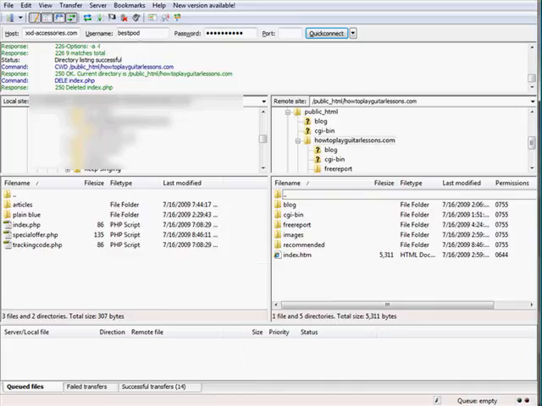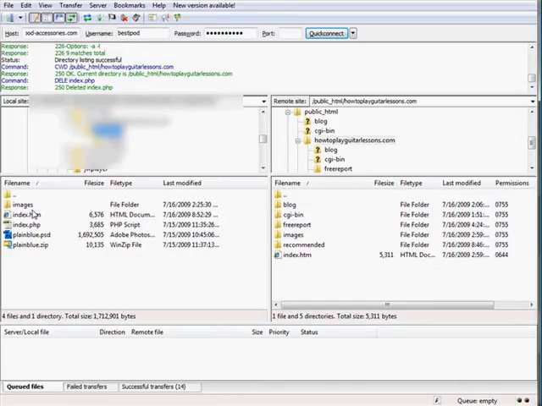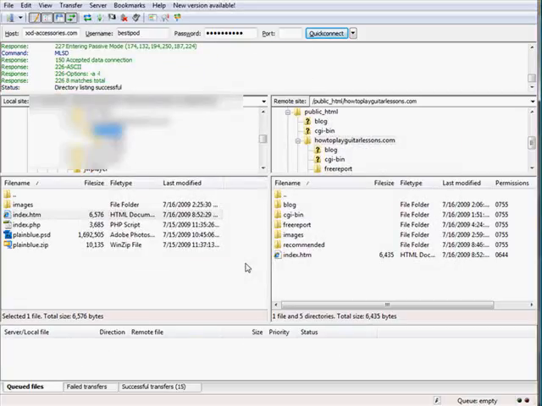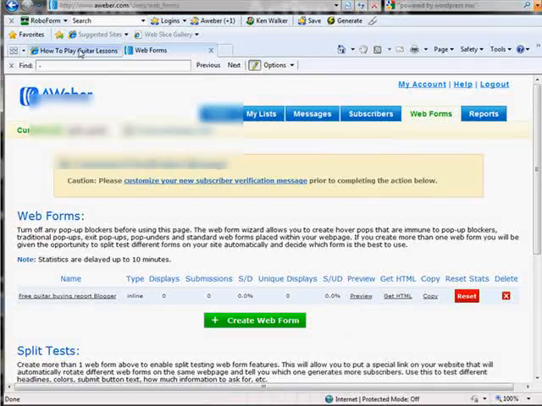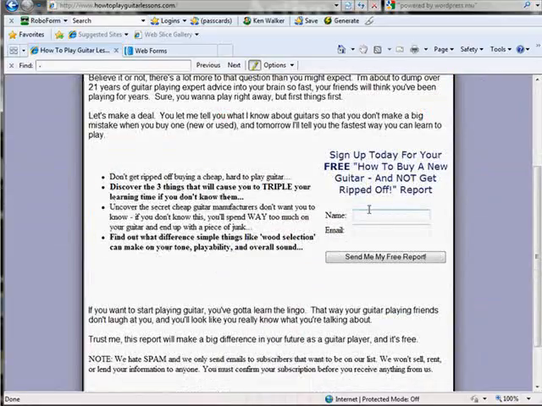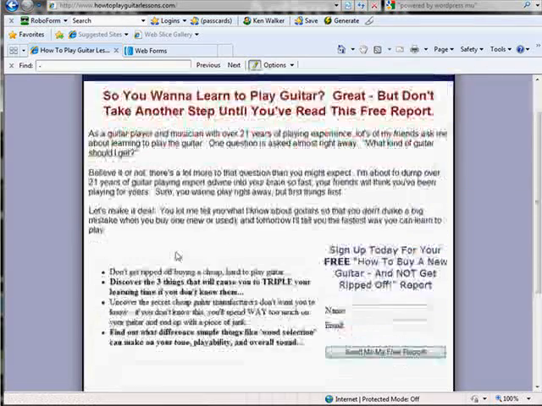There should be... Okay, there it is. So you have to make sure that you're in the right folder. Okay, copied that over. And let's hit F5 and see what happens. There is my tracking, my code, and they can now opt in, get on my list, and it's going to give them that